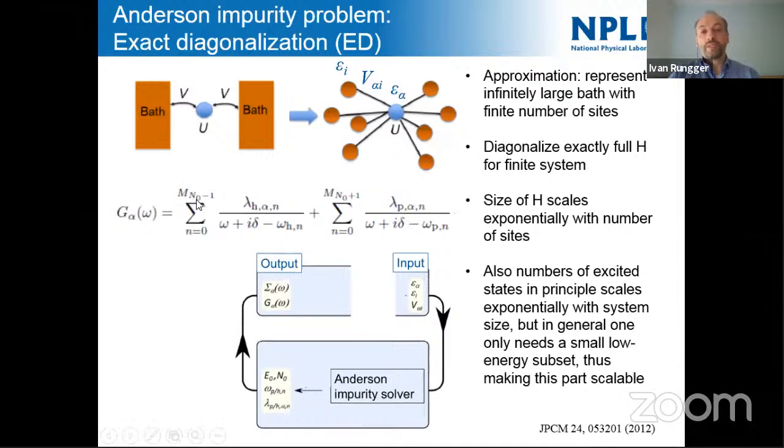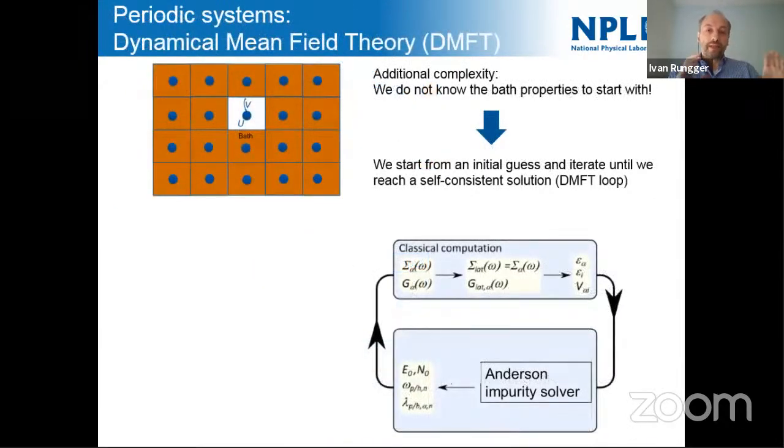Now, maybe just as a side note, in terms of scalability, when you make the system bigger, the number m here will also scale exponentially with system size. You will have exponentially many excited states. But actually, in practice, we always cut it, right? We usually just care about an energy around the Fermi level, typically. So we just care about the first few excitations, which makes it scalable. If you would calculate all of them, obviously that's not possible.